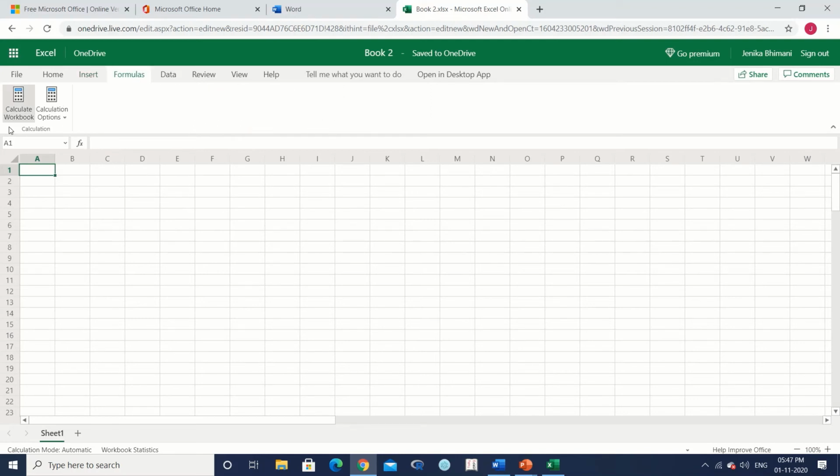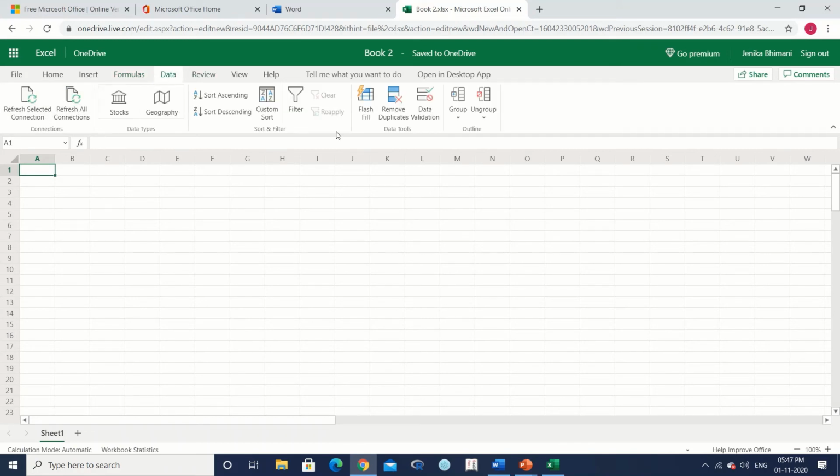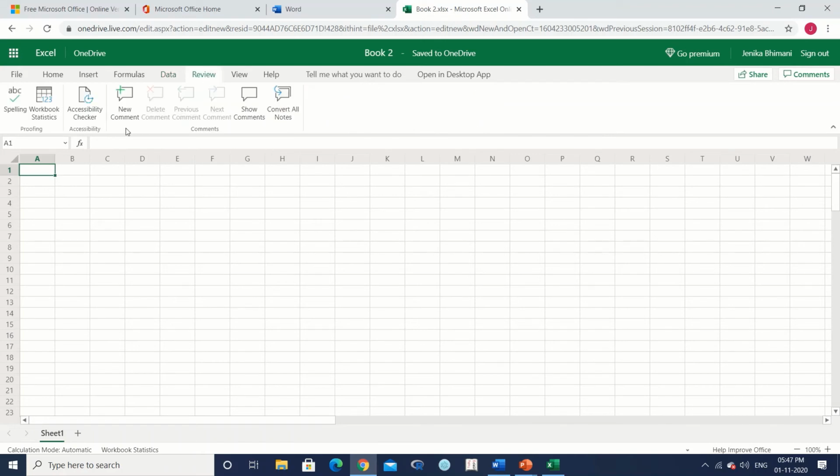You have the Formula section, which has very limited options, but again, you can still make do with it. In Data, you can remove duplicates, you can even provide data validation, you can group or ungroup, you can sort, you can filter. In the Review section, you have again a few other functionalities available, in View also, and similarly with Help. So this is how the Microsoft Excel online version looks.